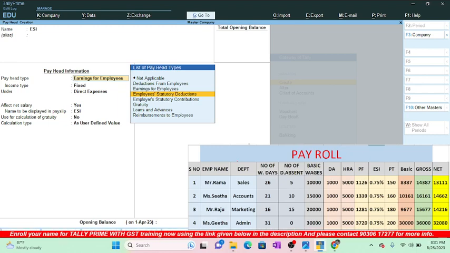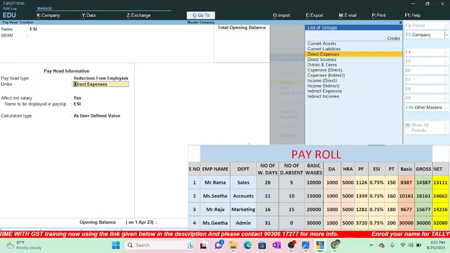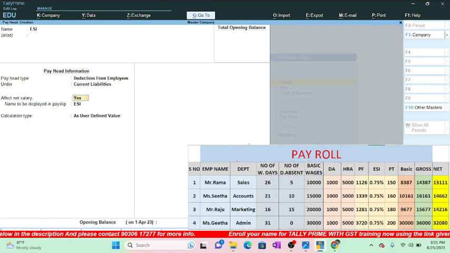So here I am selecting deduction from employees, which comes under current liability. This is not an expense, it is a current liability, because from employee the employer will deduct and the same amount payable to particular organization. So select current liabilities, then